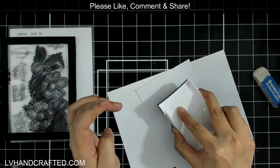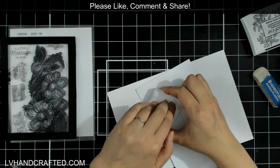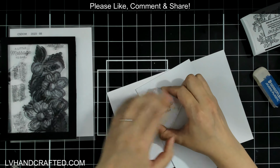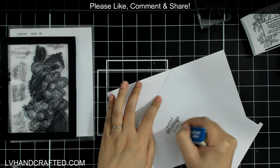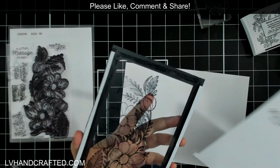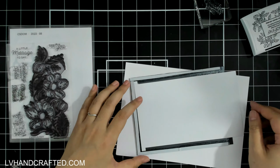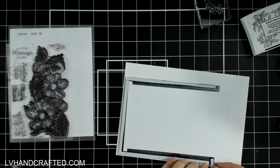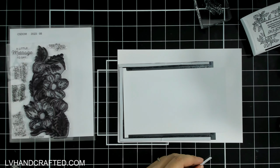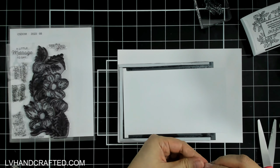Before I do that though, because once we do that, this pull tab is going to be locked into the card and you're not going to have access to it again. So what I wanted to do was stamp a second sentiment. And the neat thing about this is that there are some perfect sentiments for this type of card, which is, this was actually the first card that I thought to make, because there's a sentiment that says a little message to say...